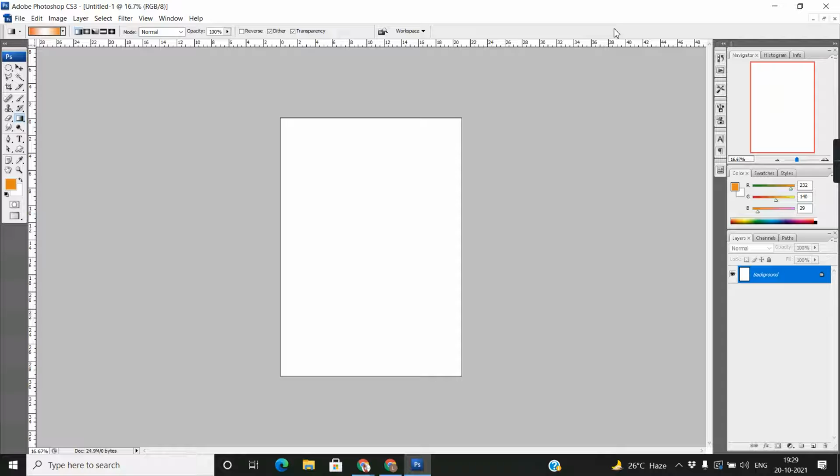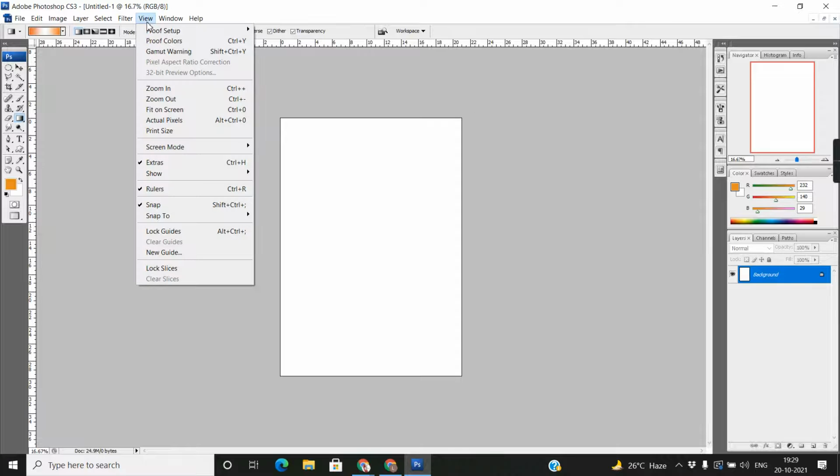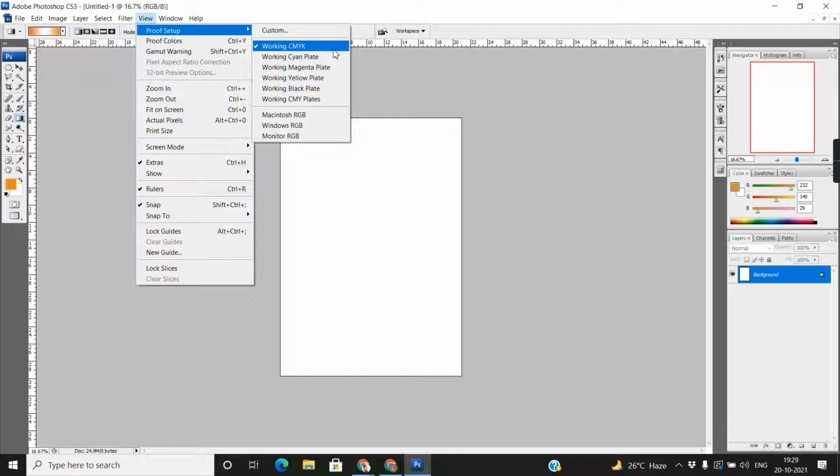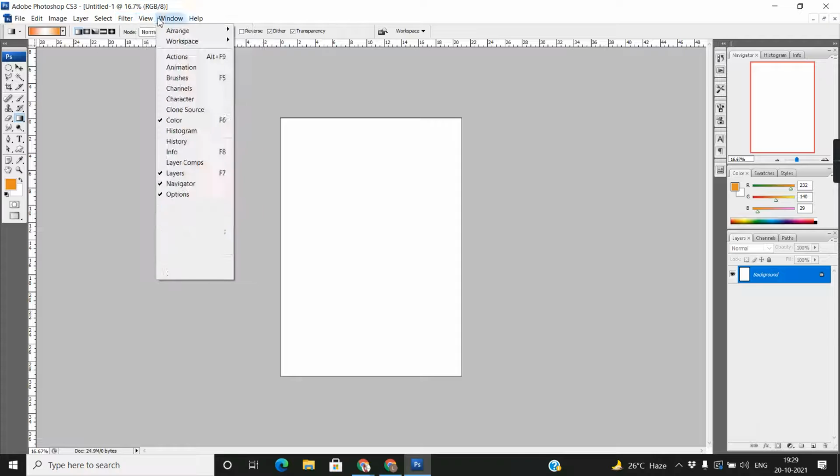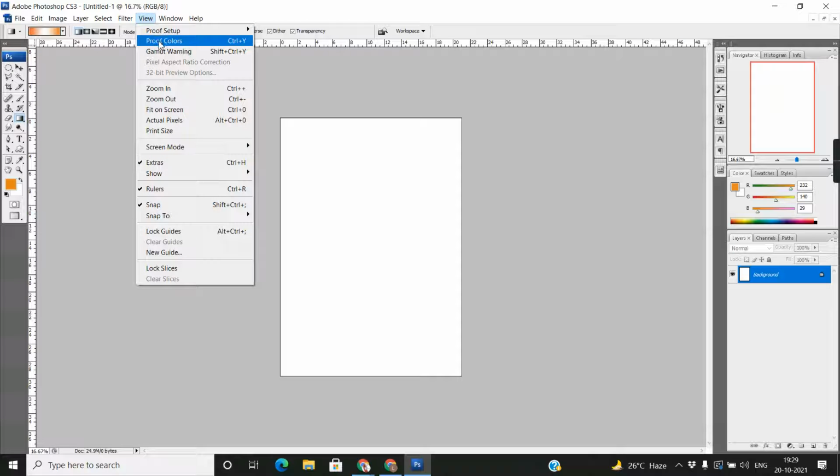And if we're talking about RGB, see, if I go to View and Proof Colors, okay, CMYK working: cyan plate, magenta plate, yellow plate, black plate, CMY plate, okay, and if you're talking about RGB, this is a color proof, okay.